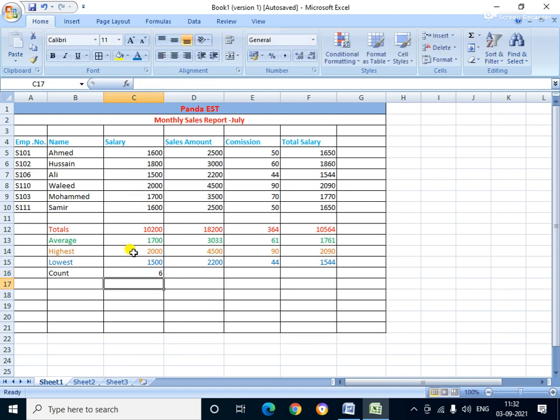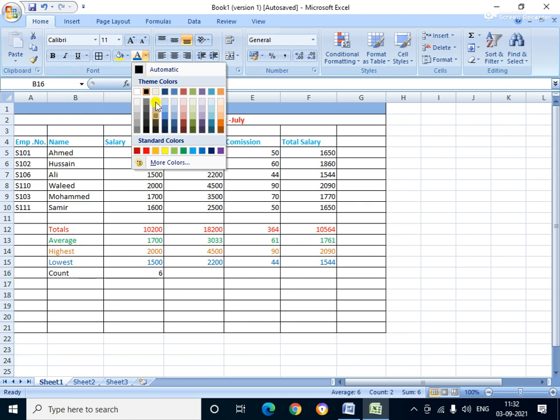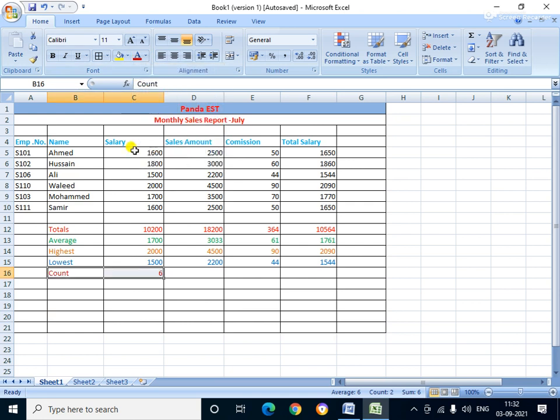The COUNT function applies only to numbers. It always accesses only the numbers. Next, just select this one, and if you want to change the colors, I am changing the colors and decorating these things.